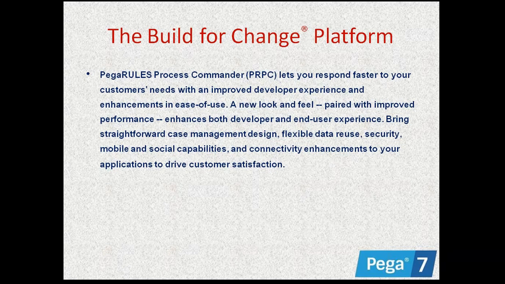And right now in Pega 7, it is very easy for the designers. The main purpose of Pega 7 is to make the work easier for the developers, so they have designed this version. It will be very easy when we compare it with the previous versions. But if you don't know the previous version, just forget about that. The 6.3 is a totally difficult version. Coming to Pega 7, if you directly learn Pega 7, it will be very easy for you. No need to worry about the previous versions. It is a new look and feel paired with improved performance, which enhances both developer and user experiences.